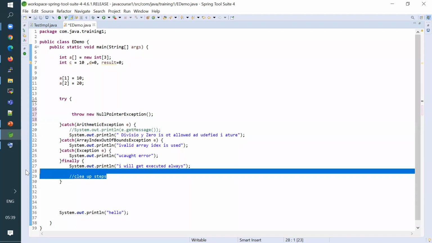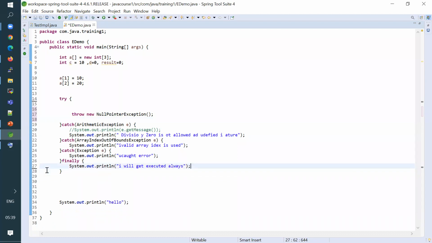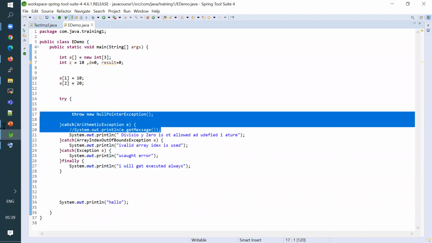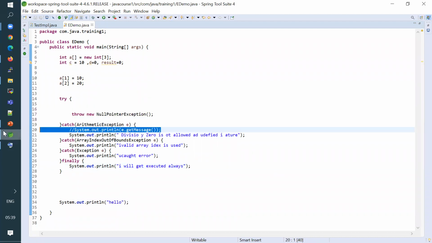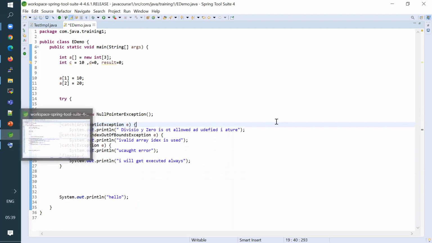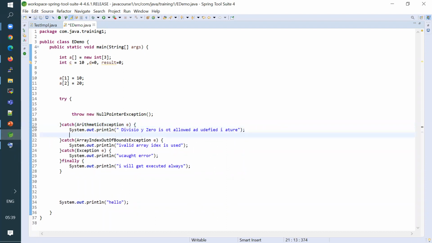if I call this throw new null pointer exception, what will be the output? What will be the output, guys, in this scenario? Which catch block will be executed?